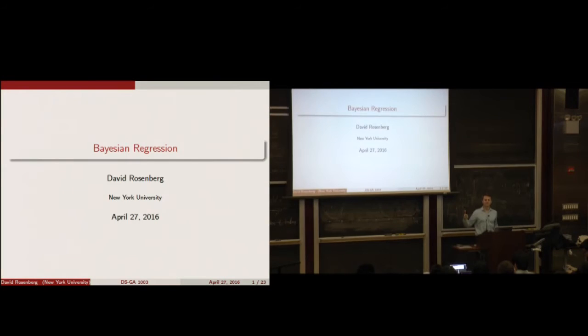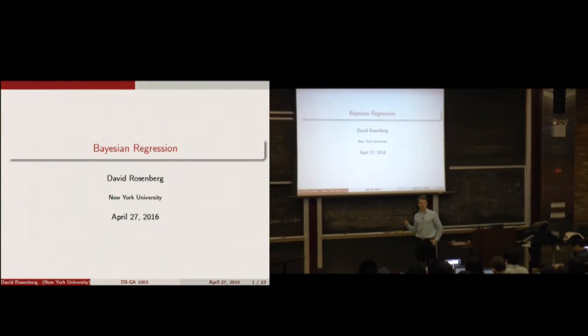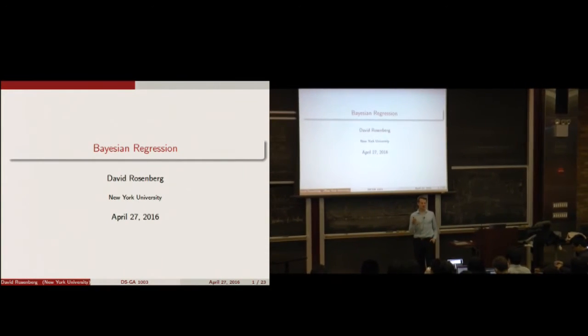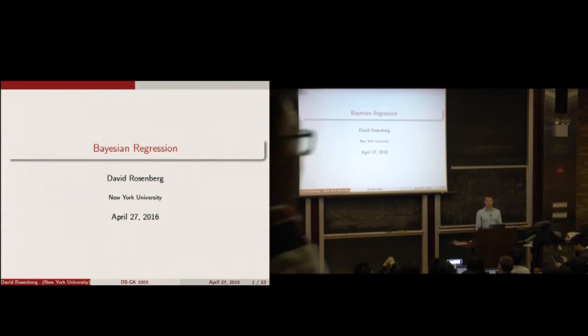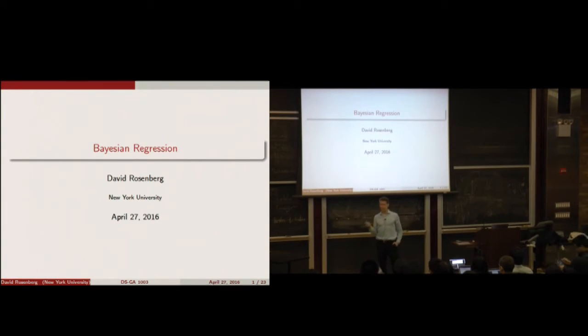Okay, so we're continuing on with Bayesian methods. We're going to talk about Bayesian regression for the first part of today. And then later we're going to get into some intro to clustering. We'll talk about k-means, which I think most of you have heard of, and then mixture models, starting with Gaussian mixture models. And tomorrow we'll hopefully finish up with Gaussian mixture models with also a general treatment of the EM algorithm,